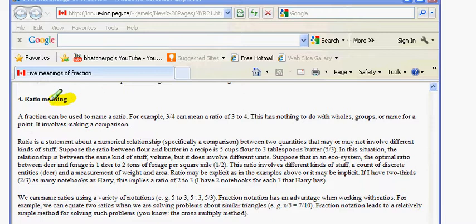The fourth meaning is the ratio, and we could write 3/4, which could be 3 to 4. It has nothing to do with wholes or groups or the names of the points that we've talked about up until now. It's simply making a comparison. And so often when we talk about using ratios, we can use the notation of 5 to 3, so we're comparing 5 things to 3 things. We could use the colon technique of 5:3, and we could use the fraction technique 5/3,